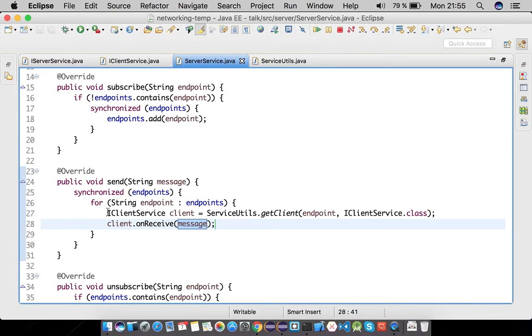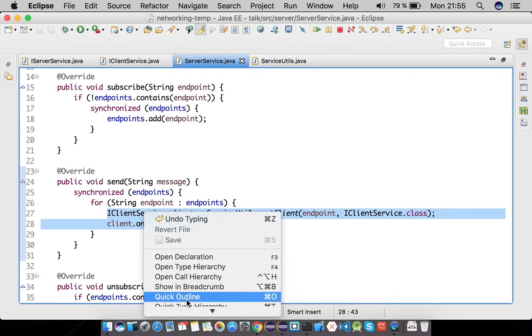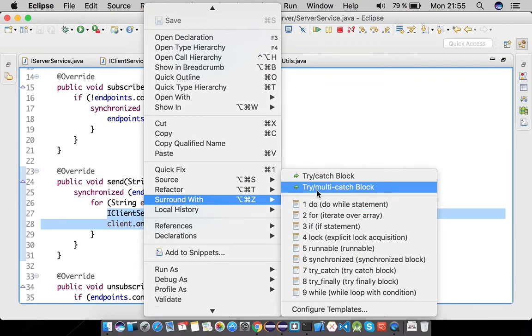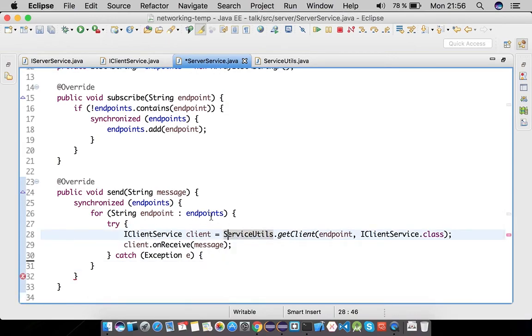Sorry, because this is contacting back the client, we should at least try to do the call. So I will surround this with try multi-catch. Actually, it's just catching a checked exception, and in case we have an exception, we just do nothing, but we continue notifying the rest of the clients. So I just need to close the sentence here. Now,